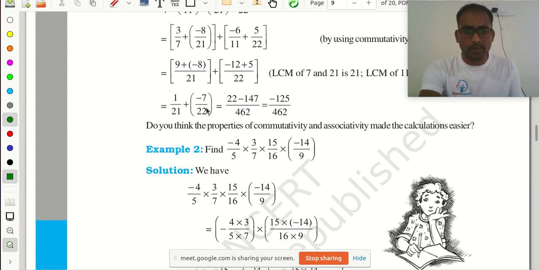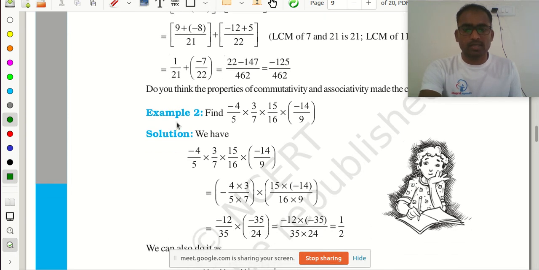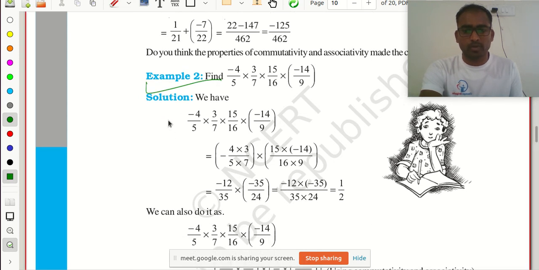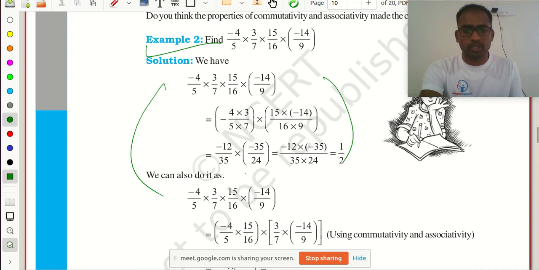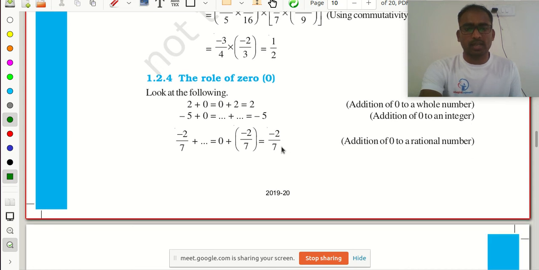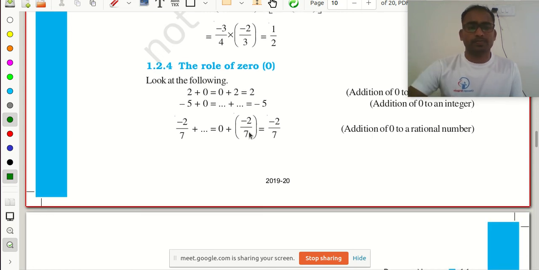After this class, go through the PDF, each and every point of it. In class I am explaining the concepts, and after this class you go through the PDF, understand each point, and solve all the example problems. The solution for each example problem is there. First try to understand the solution, and if you do not understand, then I can teach you.